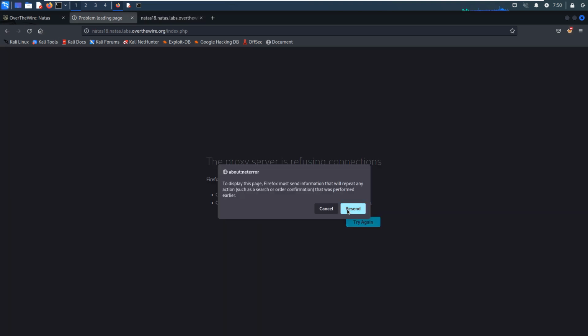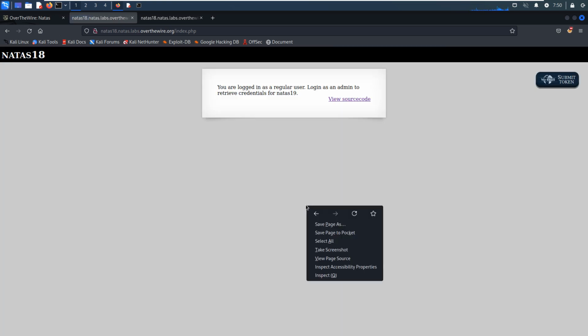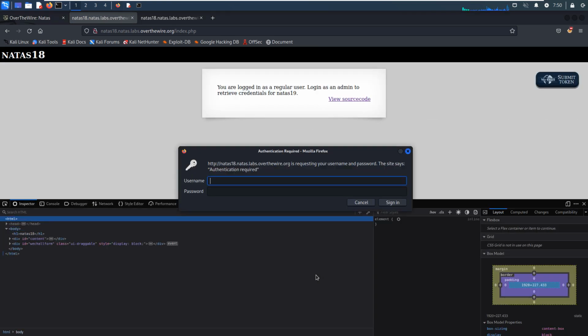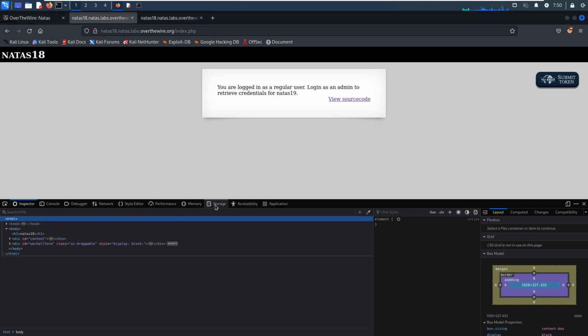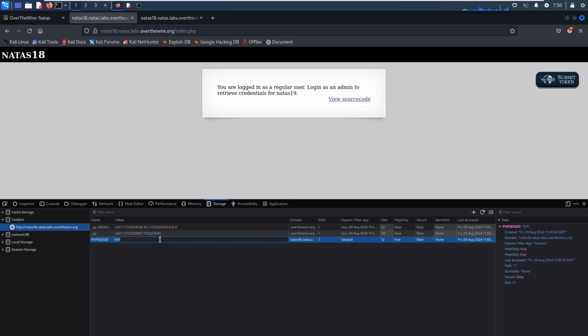Refresh, and although we are logged in as a regular user, which is fine, we can open up inspect in the developer tools and go to storage. We change the PHPSESSID value to 119 and reload the page.